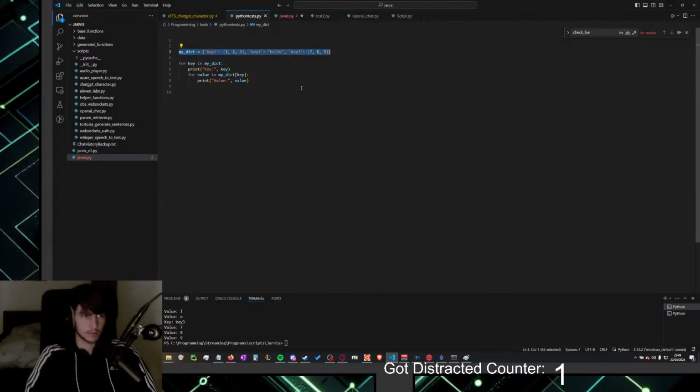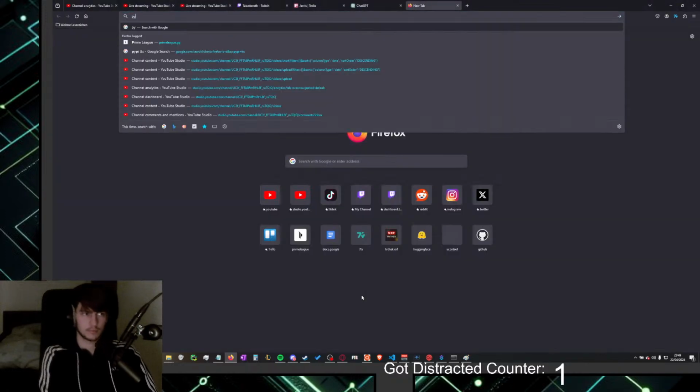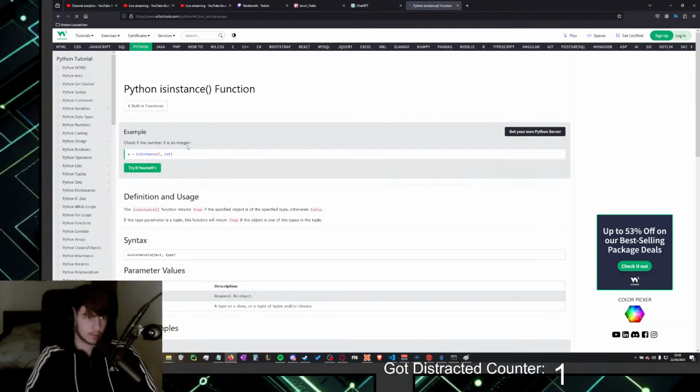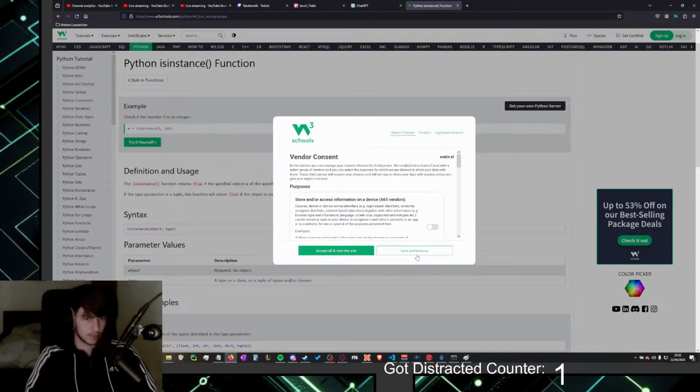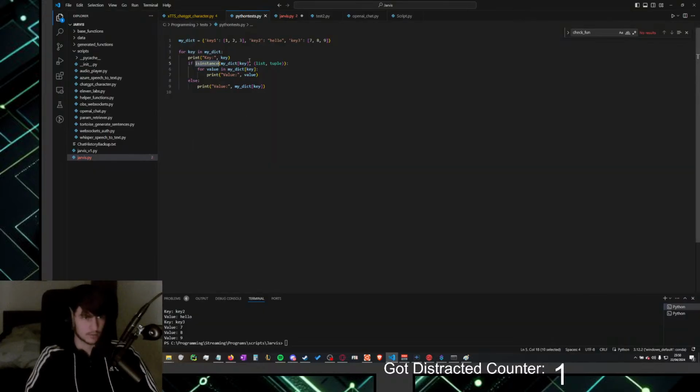Okay, let's see what it did. If is instance. What does isinstance do? Wait, first of all, let me check if it worked. It did. What does this do? Oh, flashbang. Oh wait, it checks if it's a... Oh, only if it's a list or tuple.